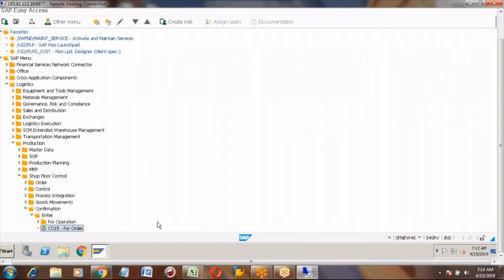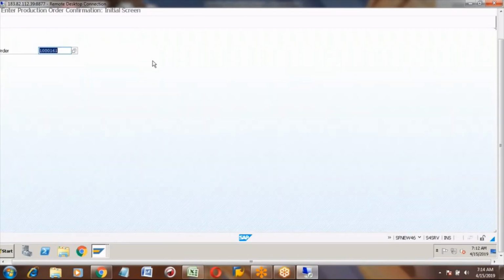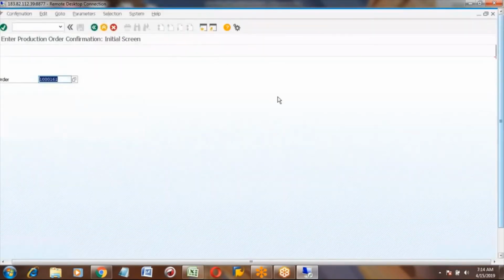CO15 is for the whole order. If you open it, you enter here, this is the initial screen. Enter the production order confirmation initial screen.